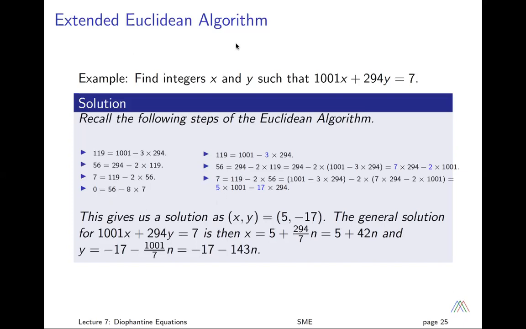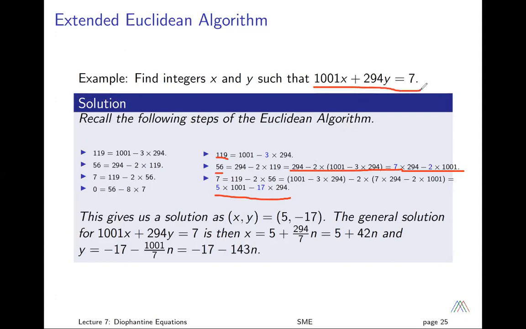So then we first express 119 as this. Then we express 56 as 294 minus 2 times 119, and so on. You can keep going down until we get that 7 is equal to 5 times 1001 minus 17 times 294. So this gives us one solution for